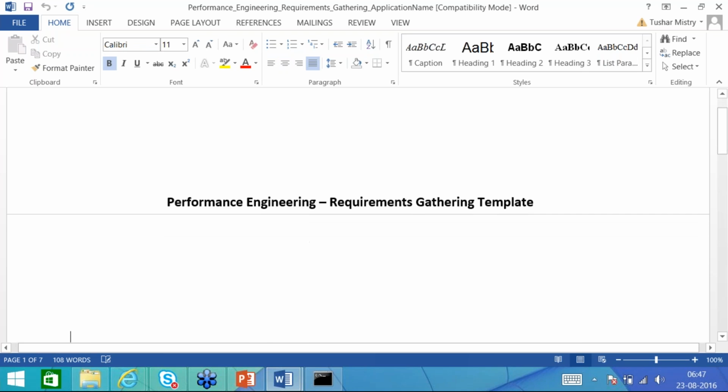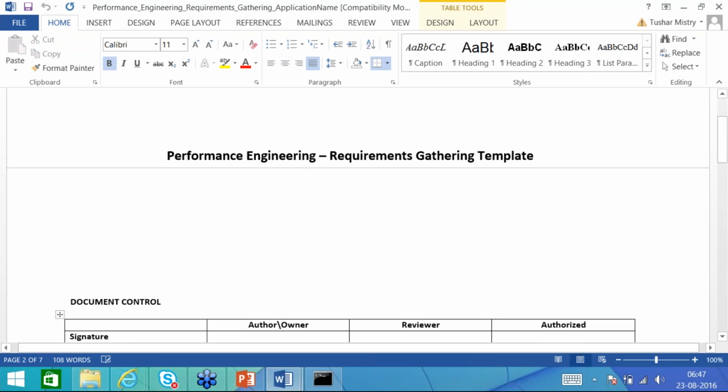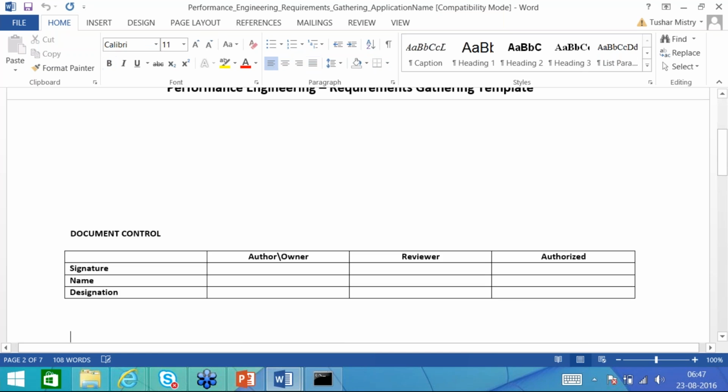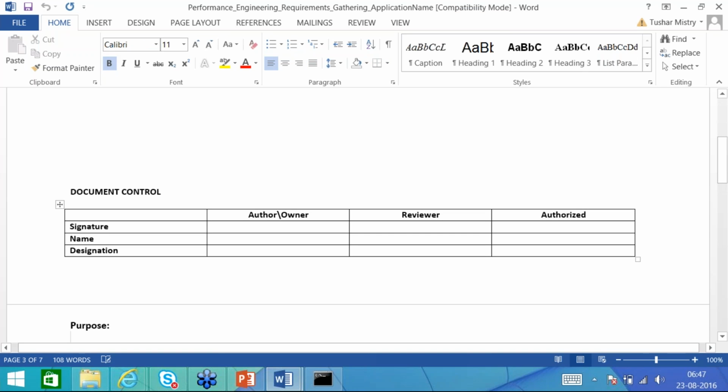This is the performance engineering requirement gathering template. We include the document control part, like who is the author or owner, who has reviewed the particular document, and the sign-off. We can see here the signature, name and designation.